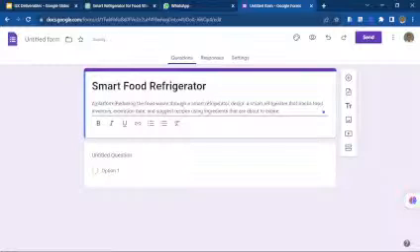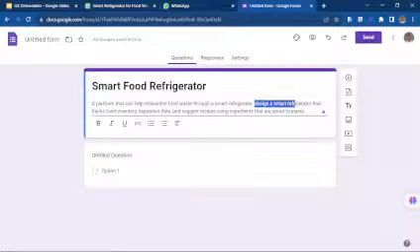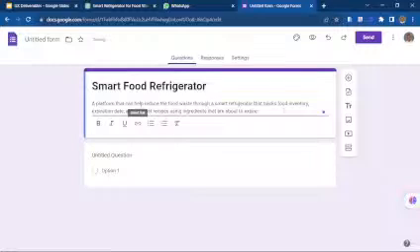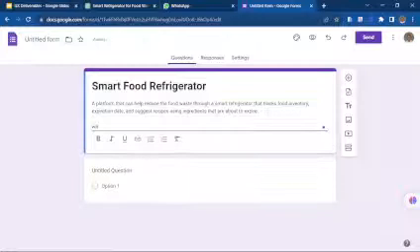Platform: reduce the food waste through a smart refrigerator that can track food inventory and suggest recipes using ingredients that are about to expire. So let's just write something that can